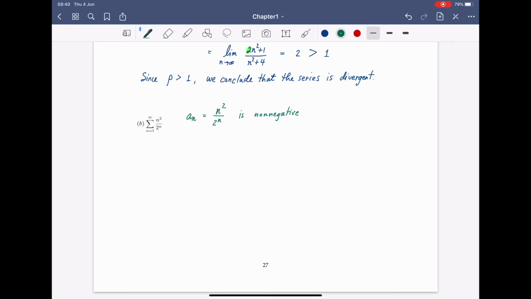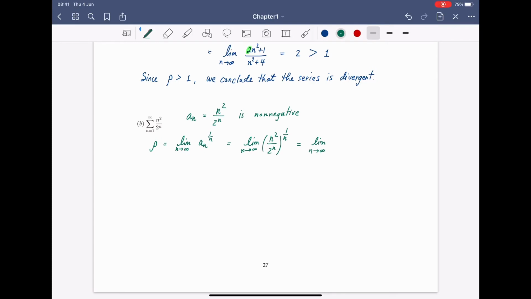All right, now we compute rho, which is the limit of a sub n raised to the 1 over n. I'm going to use this notation because it seems cleaner that way. So this thing is going to be n squared over 2 to the n, and then raised to the 1 over n. Now it's a bit tough here because you can